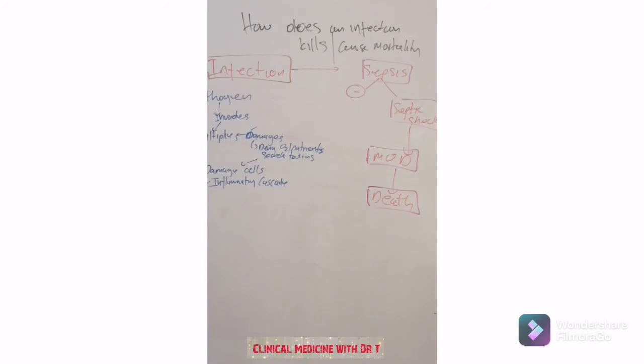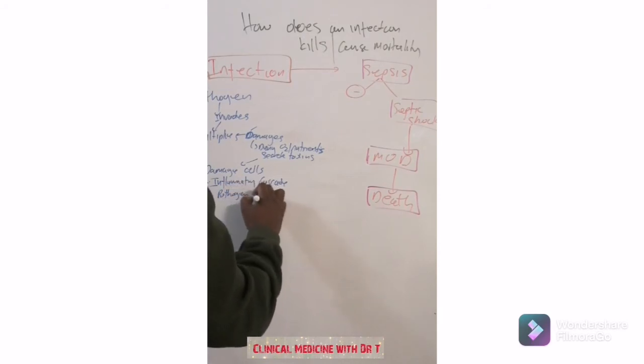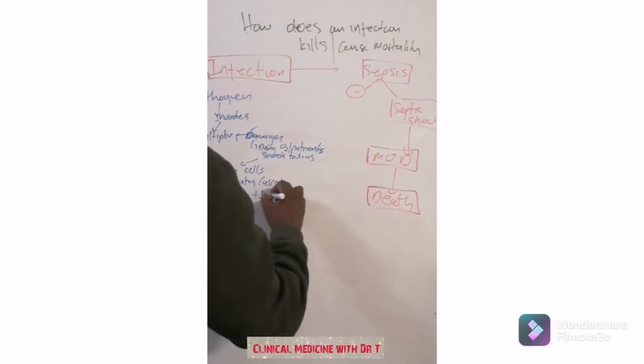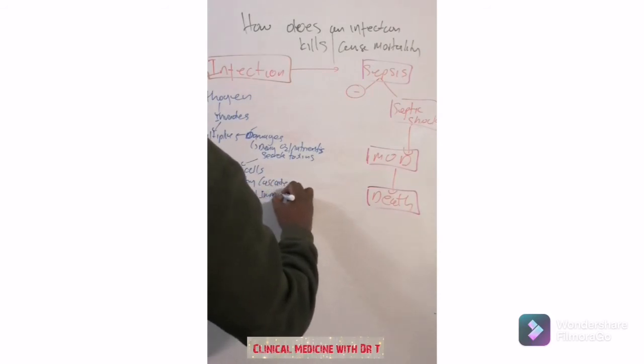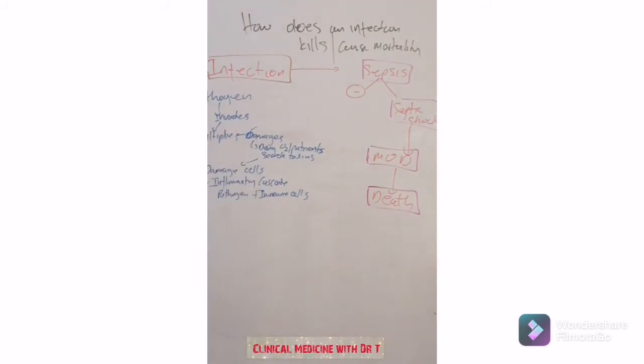The immune cells respond to that. So the reason why you've got an inflammatory cascade is because you have a fight between the pathogen and the immune cells. This is why you've got your inflammatory cascade. And they are at the same time trying to clear the infection so that a repair can start taking place. And we know the 5 signs of